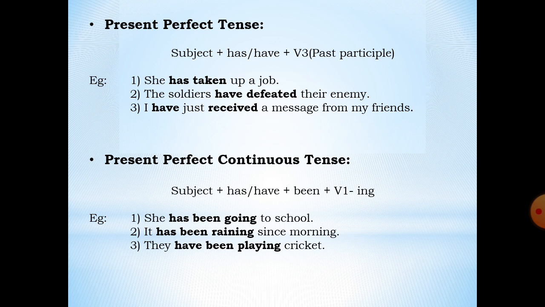Plus V3. Now what is this V3? It's the past participle of the verb. The third form of verb, or we can say the past participle of verb. Like go, went, gone. So gone is the past participle or V3 of the verb. Take, took, taken. So taken is the V3, the past participle of the verb. So here in present perfect tense, we have to use the helping verb has or have plus the past participle of the verb. See the examples. First sentence, she has